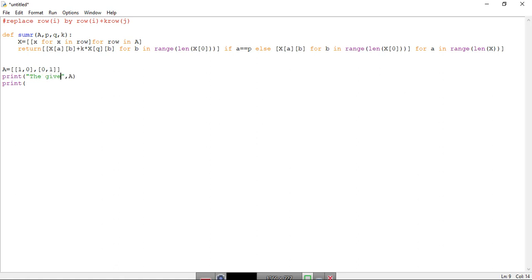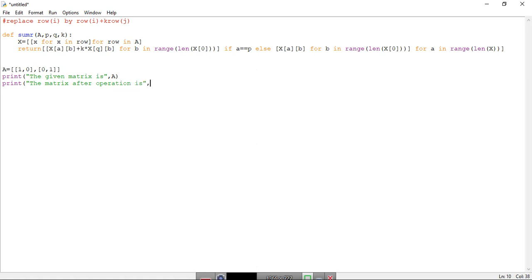The given matrix is this. And the second comment will be, the matrix after operation is.